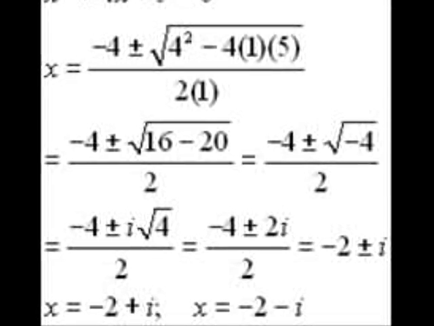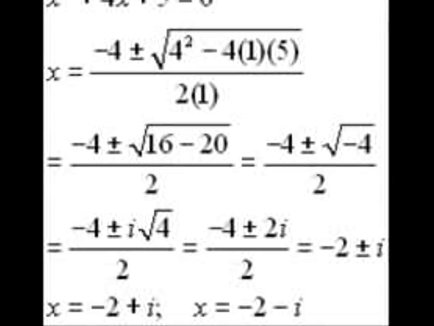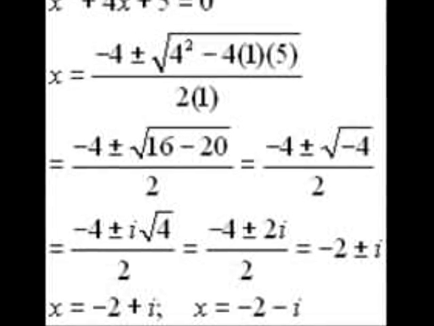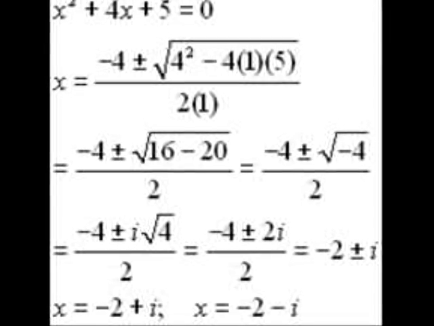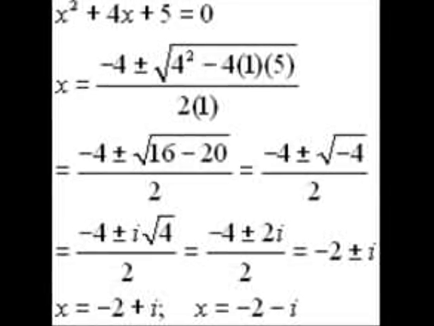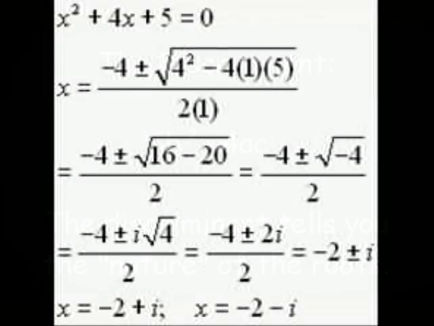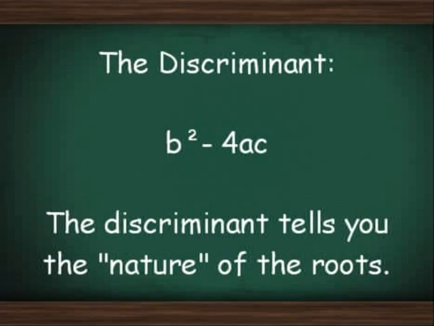You have to make sure that you take both the positive and negative values of the discriminant. Simplifying negative 4 plus or minus radical negative 4 over 2, you get negative 2 plus i, or negative 2 minus i. The discriminant is equal to b squared minus 4ac, and the discriminant tells you the nature of the